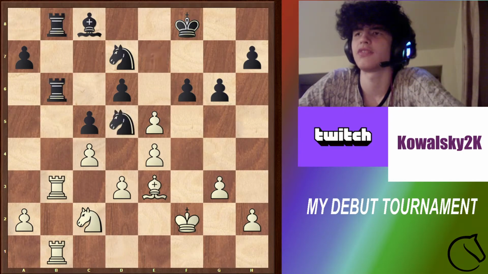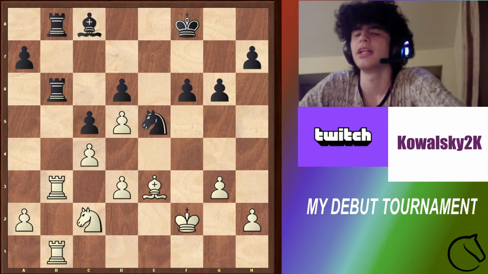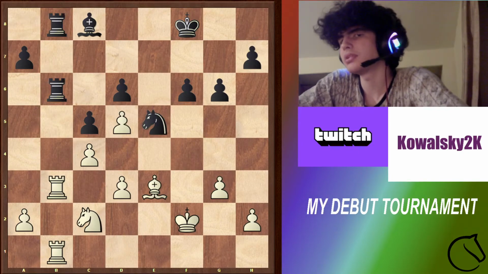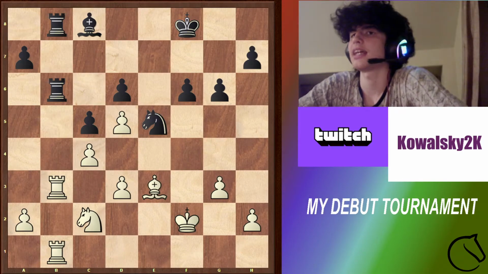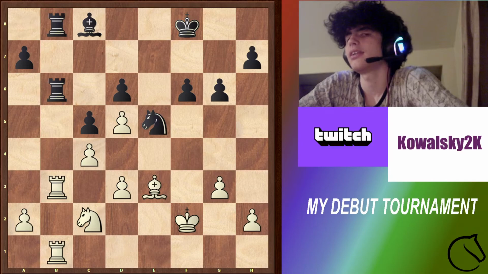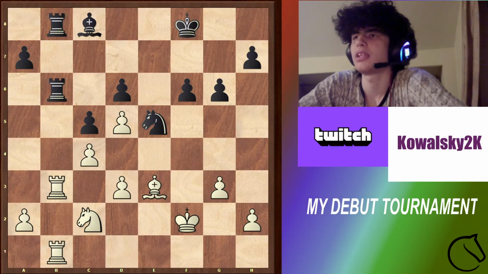F takes e5, knight takes d5, and now e takes d5. Well, we have knight takes e5 now, and although my position is not insanely great, it's at least a draw. And here, maybe perhaps I should have played something else other than I played, but here I played king e2,